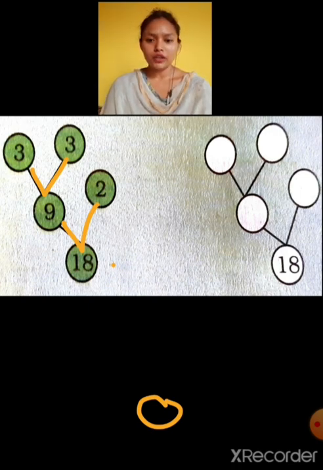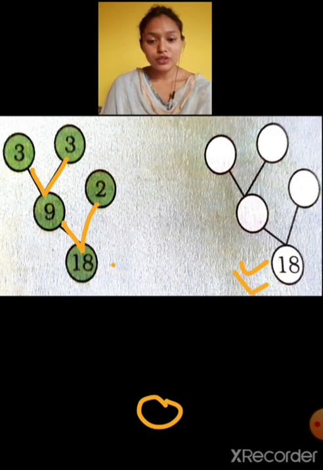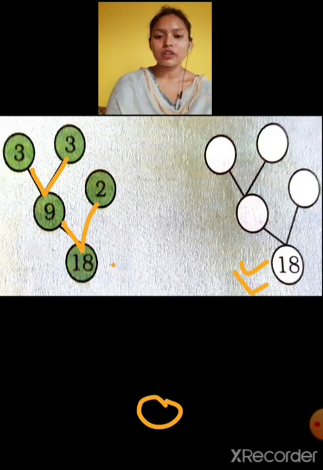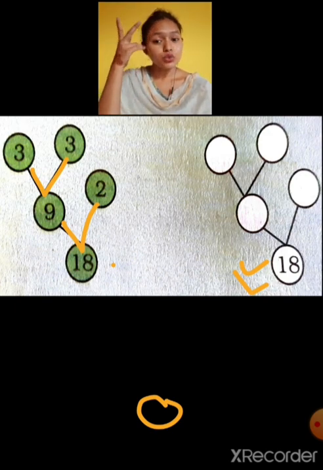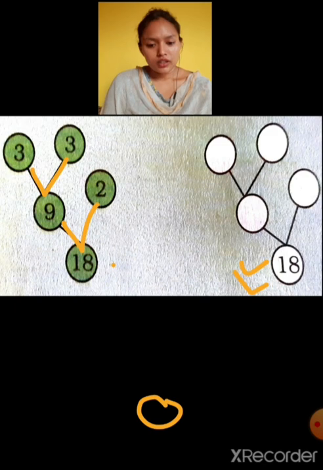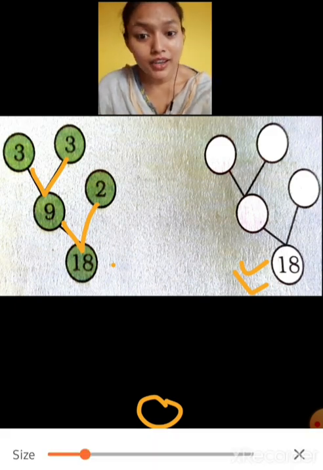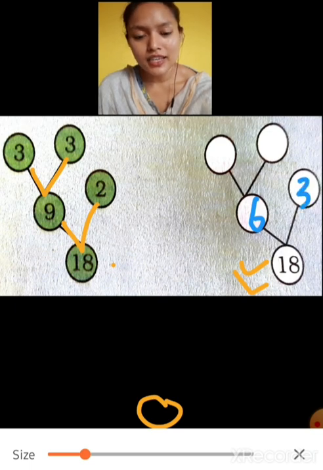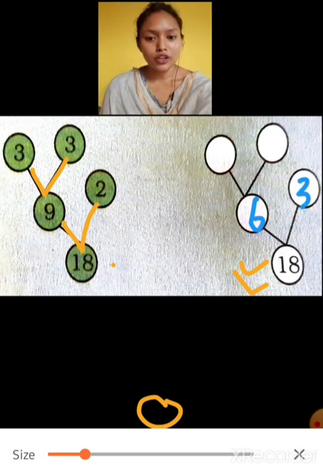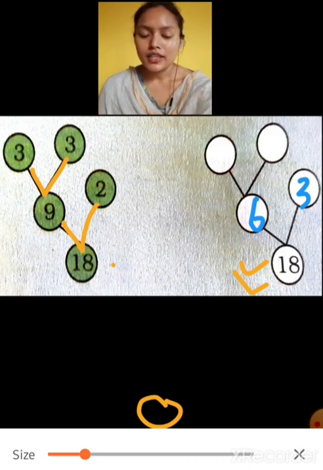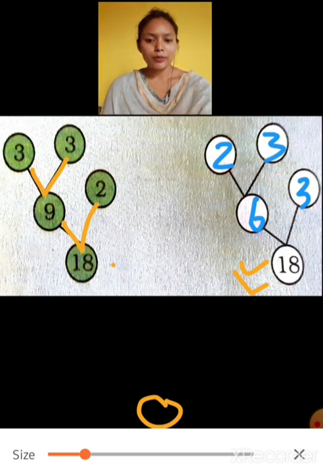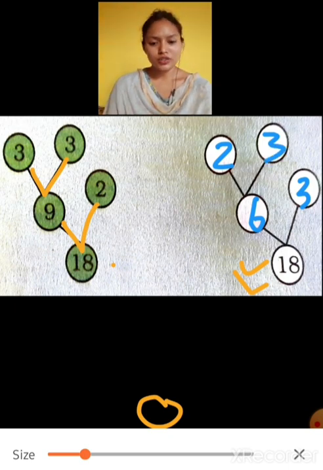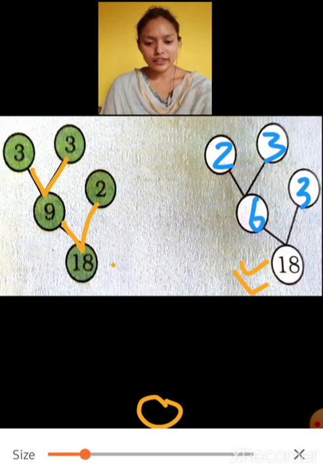Now we will do 18 for this one. All of you do this one by another method, because in the first one we have taken 9 multiplied by 2. Here you have to take something else. So first 18, can we do this? Okay, we'll try. So it will be 6 multiplied by 3. 6 3s is 18. Very good. Now 3 cannot have more factors, so 6 we will take. 6 is 2 multiplied by 3. All are prime numbers now. That's all. So this is what factor tree is all about.